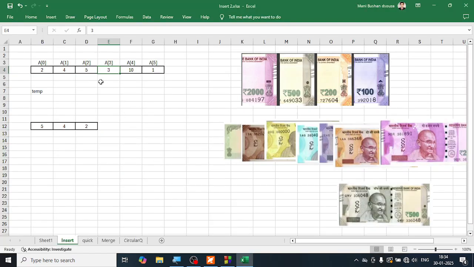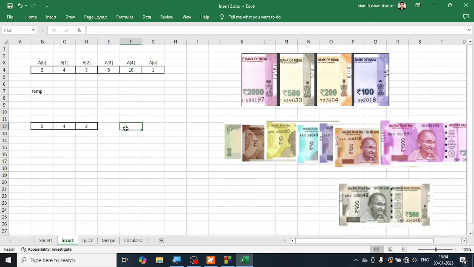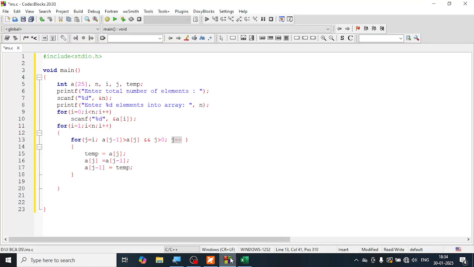So you do that thing. So what you are going to do is you will swap them. I'm going to just swap them here. Okay. Next, you take this in the second round, because it is j minus minus, the j value will be decreased